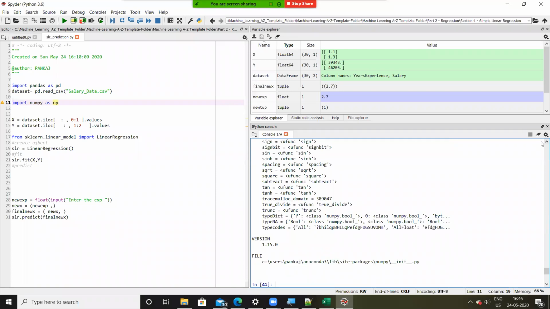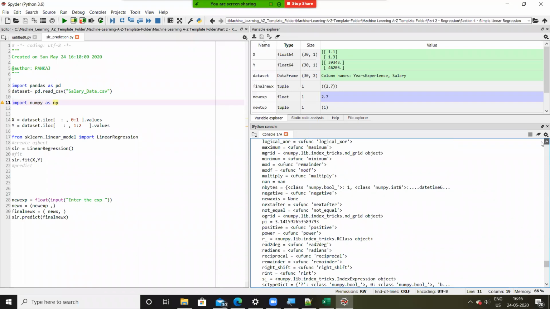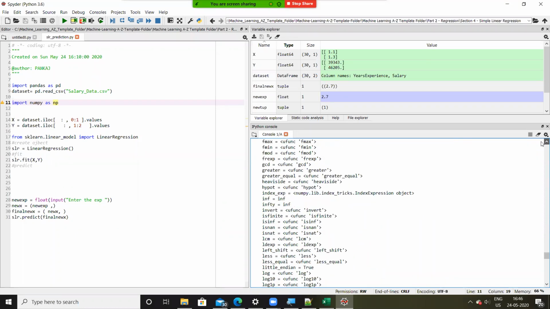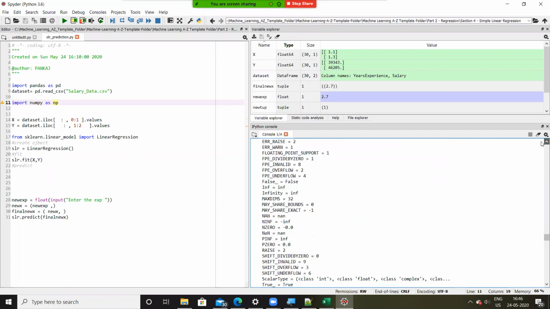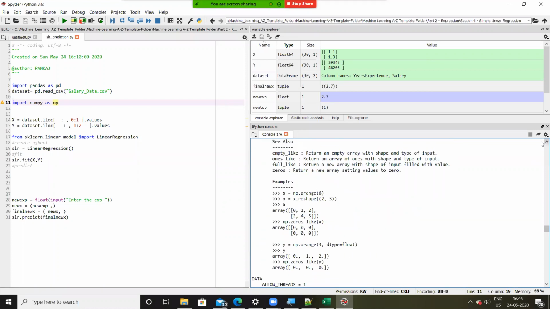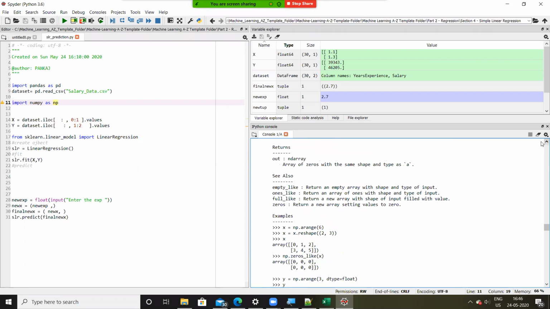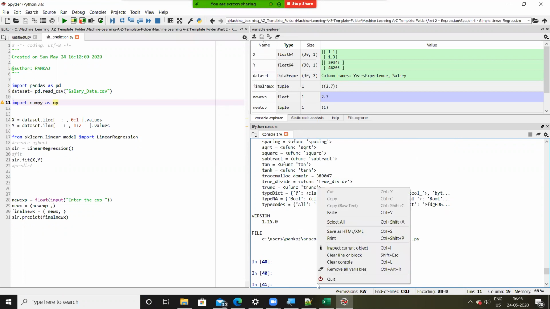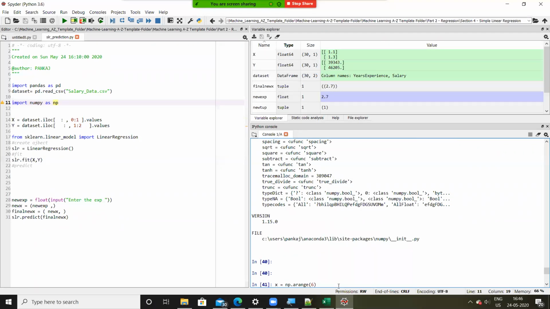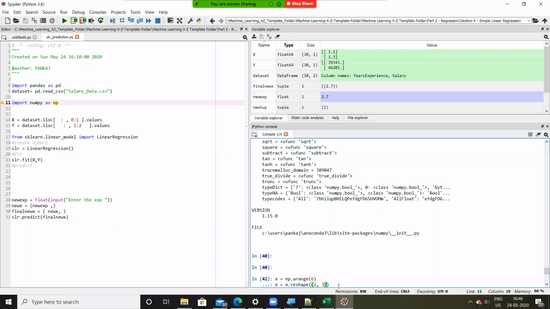So let's try to create this. Sorry, let me go back. So I'll copy these 2 lines. I'll paste it here. So I'll say np.arange.